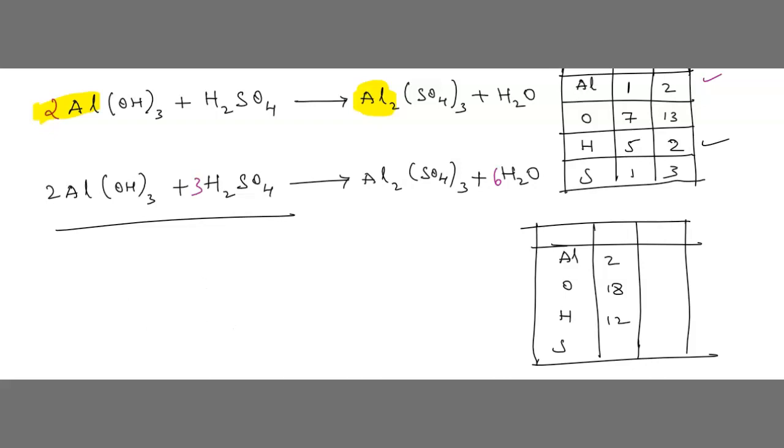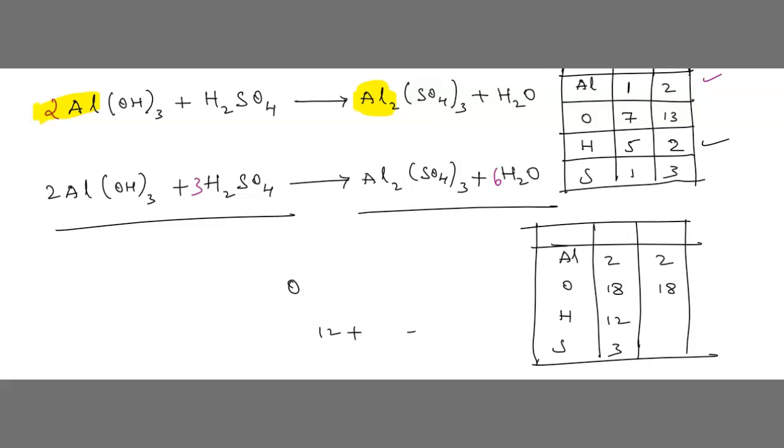Now come back to S term. How many S do we have? Only 3 S. Now come back to the product side. How many Al do we have? 2 Al. How many O do we have? See, O means O4 thrice. That is 3 4s are 12 O plus 6 O. That is 18. Understood? 3 4s are 12, 12 plus 6, 18. Here also we have 18 only.